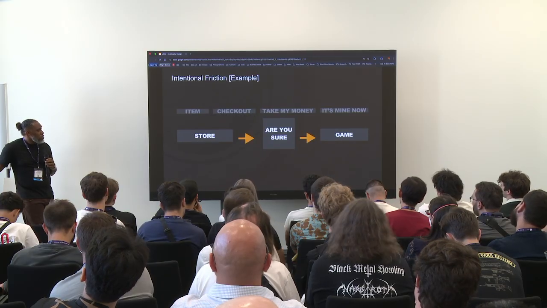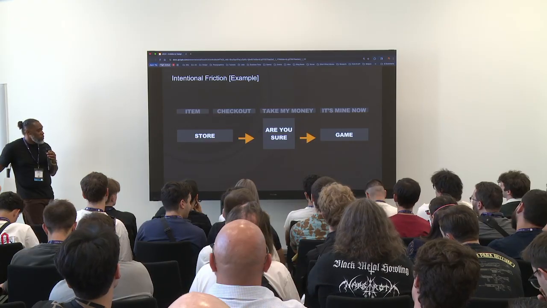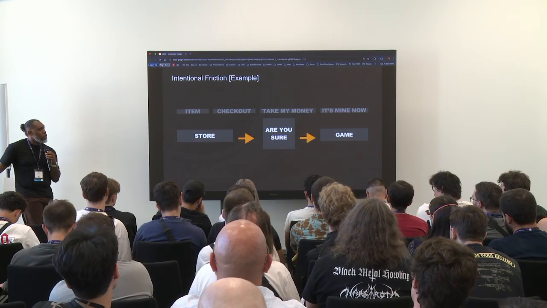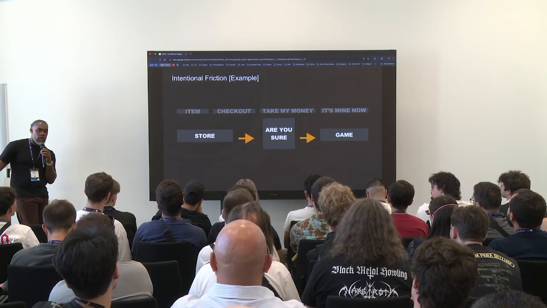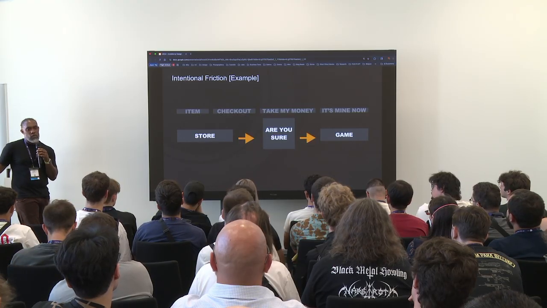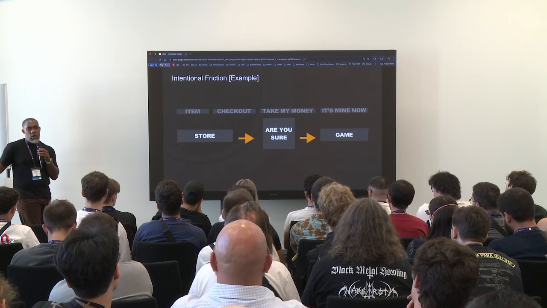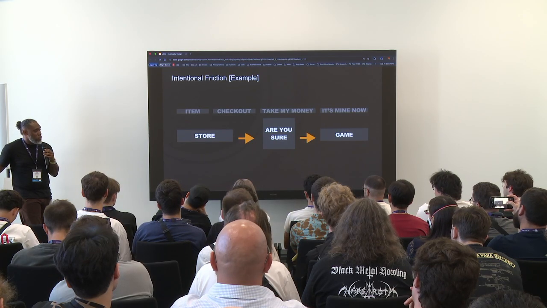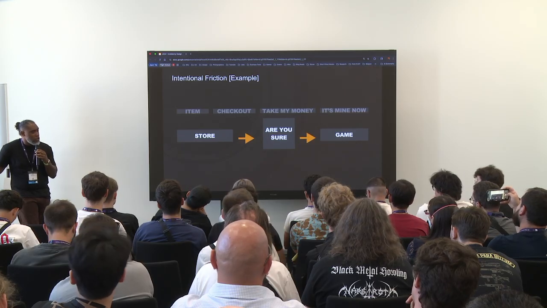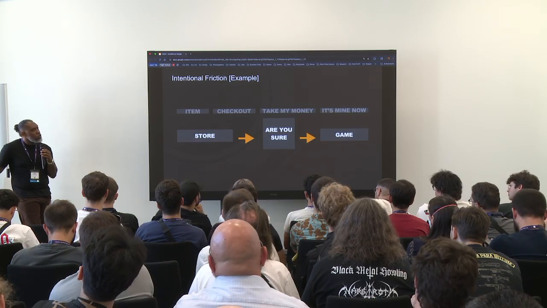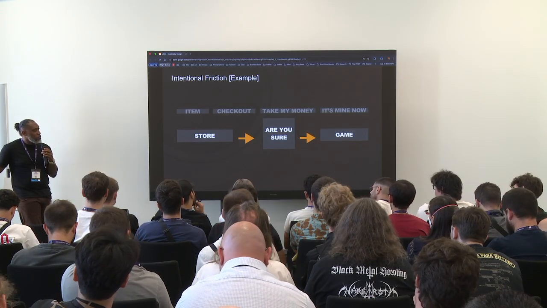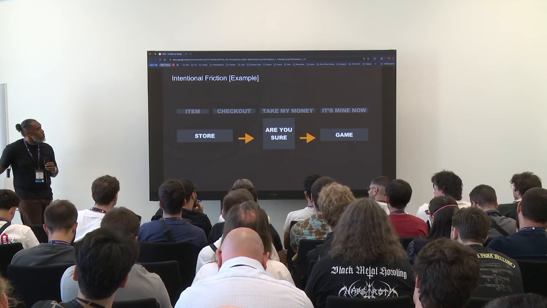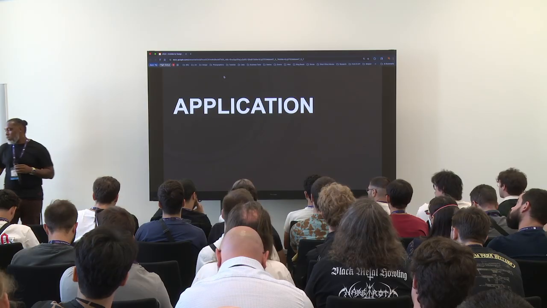Again, using the gray box layout and using the purchase path as an example. So at the moment you're checking out, we pop up a modal and ask if you are sure you want to buy this item. We do this because we don't want people to accidentally buy things. We want to make sure that they are making the purchase of the item that they want. There could be various other reasons, but this intentional friction allows the player, or user, to think about the thing that they're purchasing, and then confirm that they want to add that item into their inventory for their game.